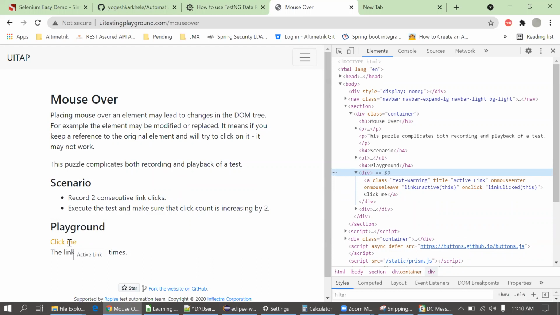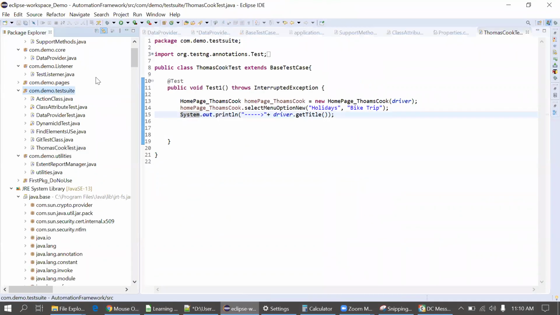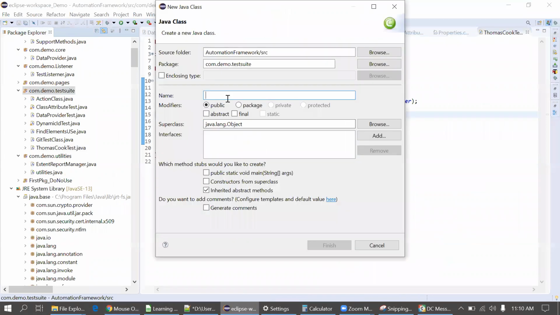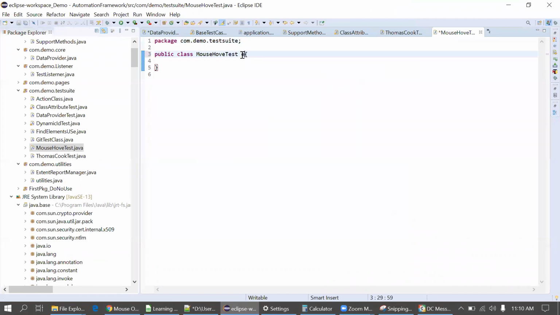So simply we can verify if the title is coming into the DOM or not. If it is coming, that means that we are seeing the tooltip in the UI. So we have to create a locator for this title active link, and we can verify if there is a tooltip in the UI or not. Okay, so I'll just automate this scenario now. I'll go to the test case. I'll create one test class here. It's MouseOverTest. As per regular practice, we are extending this test class with the base test case.